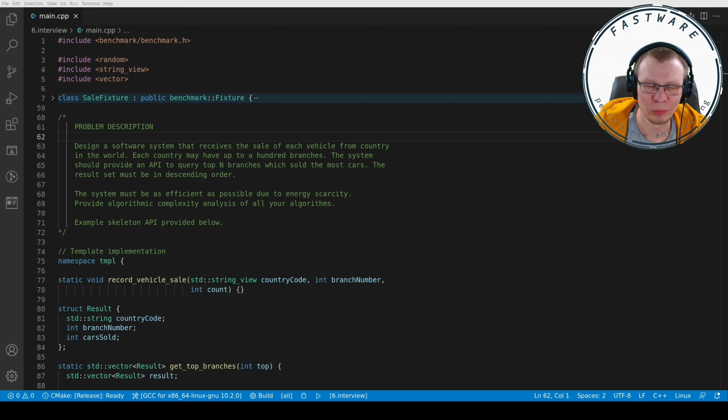So we need to also provide the algorithmic complexity analysis of our algorithms here. And we have a skeleton here. So record vehicle sale gets us a country code and a branch number and a count of vehicle sales at this time. And the get top branches, given that M value, we need to return that number of